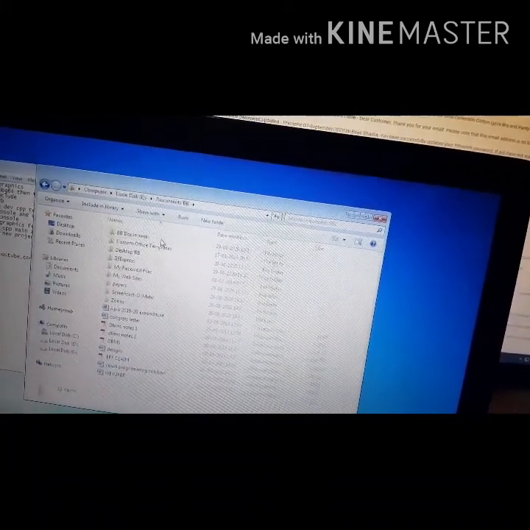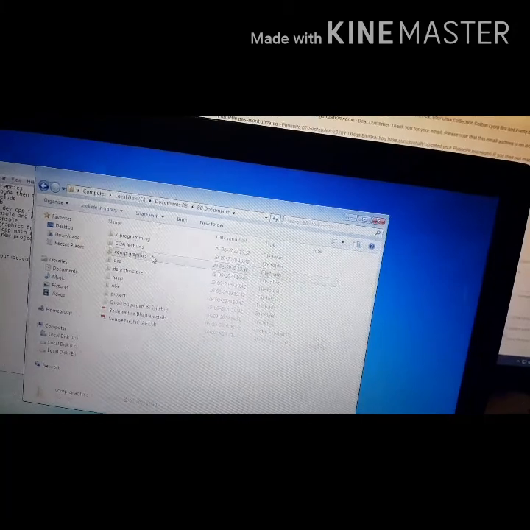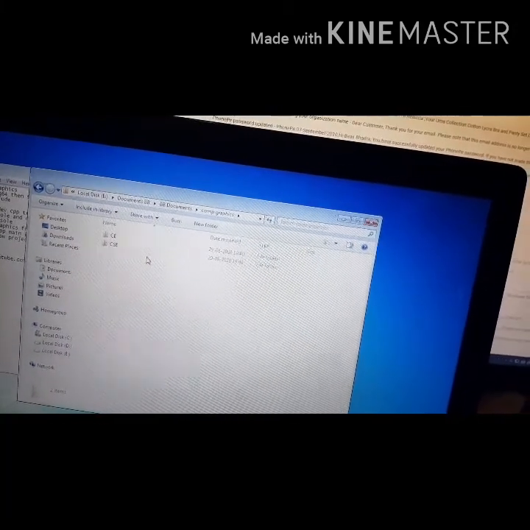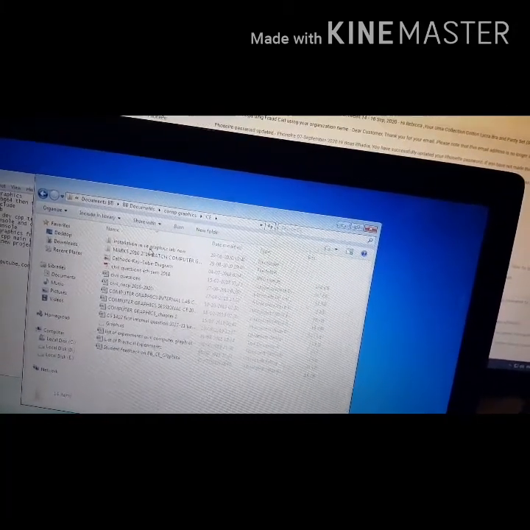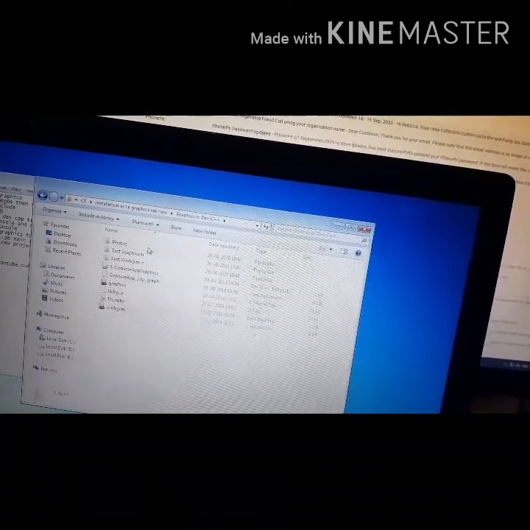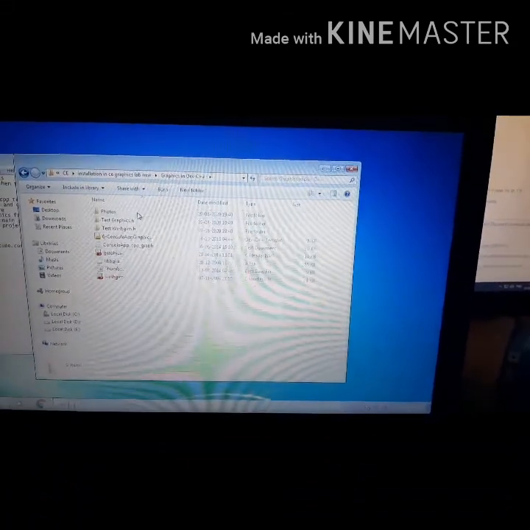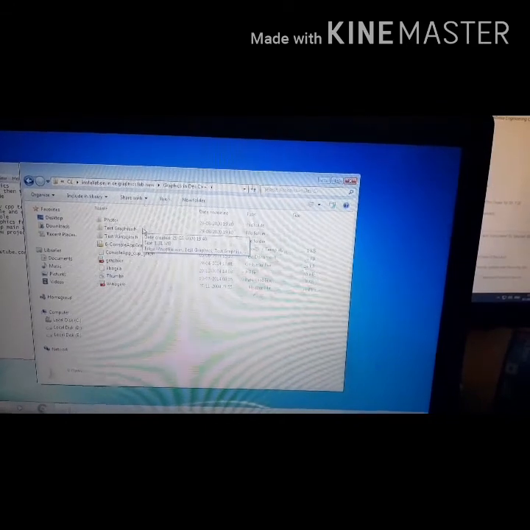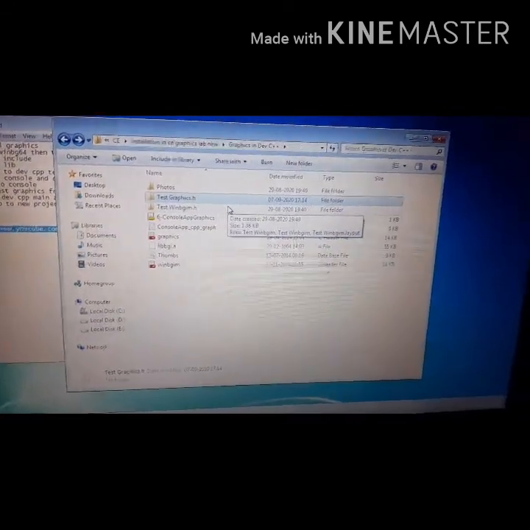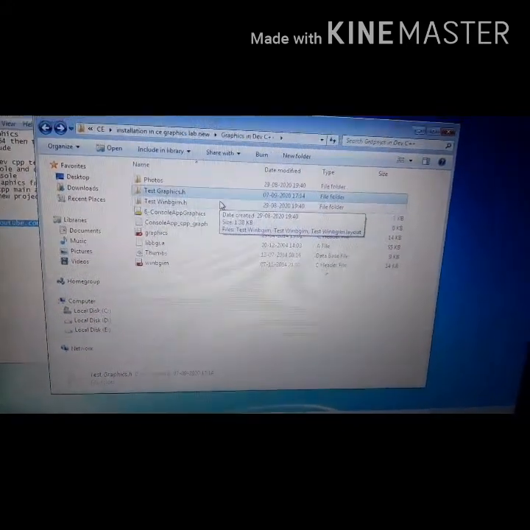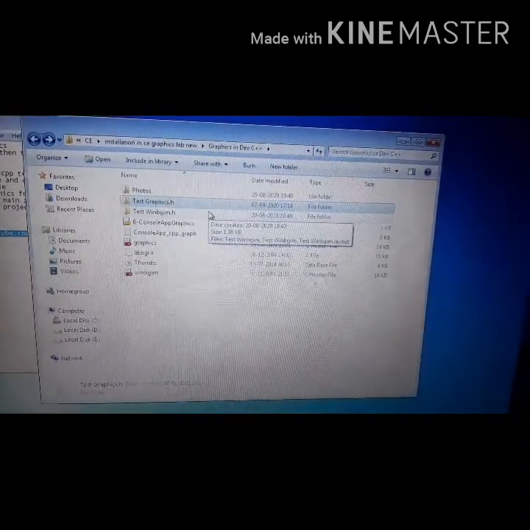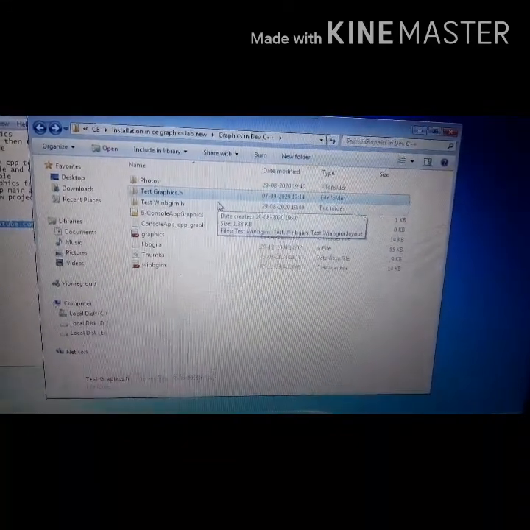Now I will run a sample graphics program to see whether what we have installed is okay or not. First we installed the Dev C++ compiler.